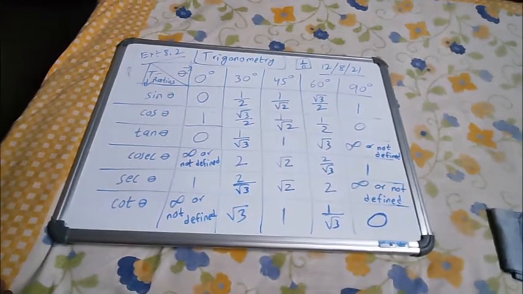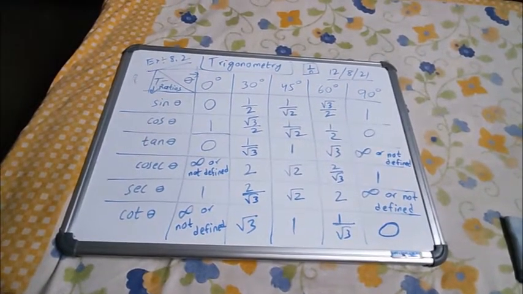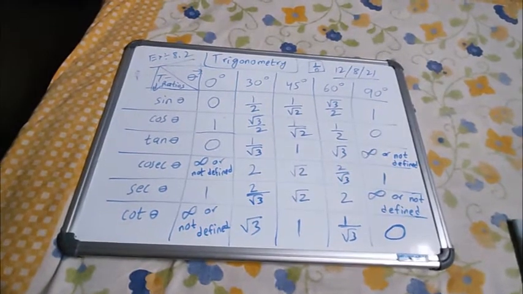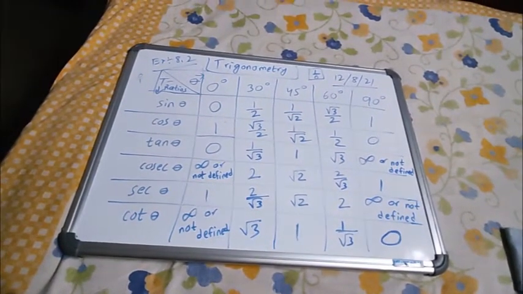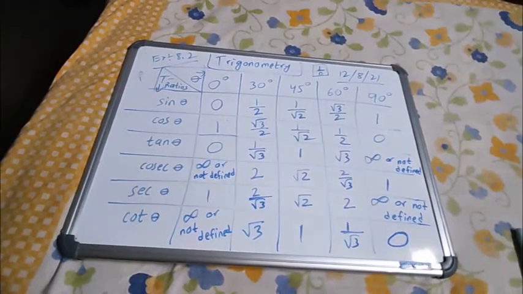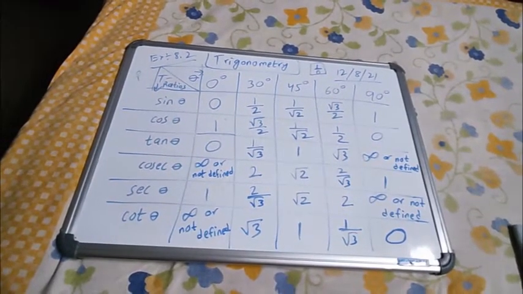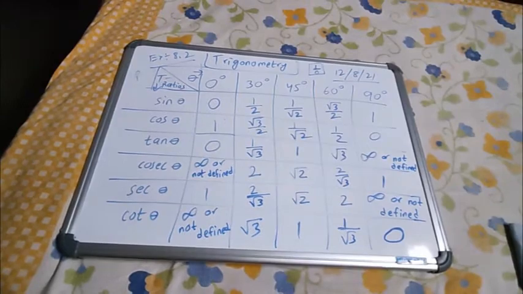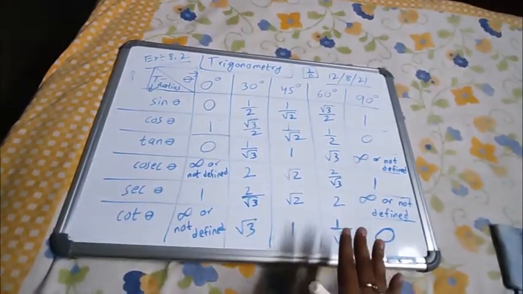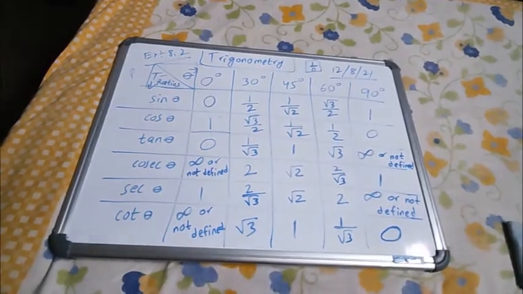Clear? So this is your whole trigonometric table for standard angles. Understood? This table you should learn by heart, to get the sums done in the exercise. Now we are going to take 2-3 sums from the exercise, and we will see how we can apply these values inside the sums that are in the exercise.